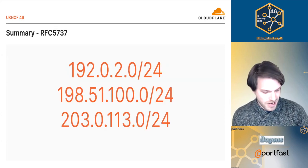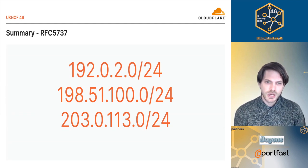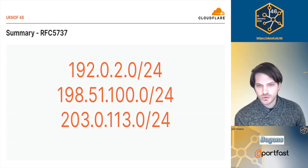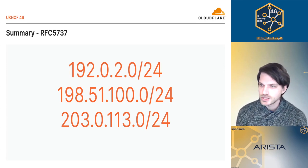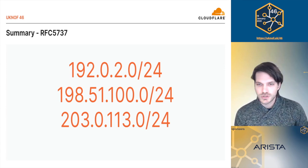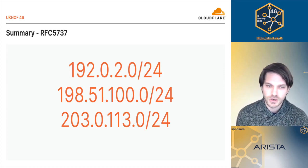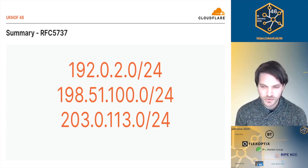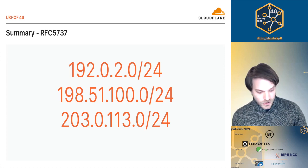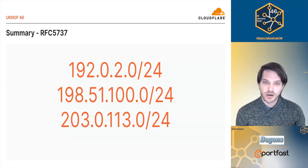For IPv4, we even designated 3 separate prefixes. It's 192.0.2.0/24. That is reasonably close to the 192.168 prefix, which might confuse some people. So that's why we also have the 198.51.100.0/24 and 203.0.113.0/24 prefixes. That is 3 /24s that are available to be used for documentation,